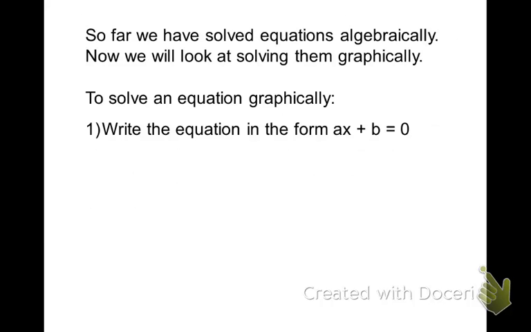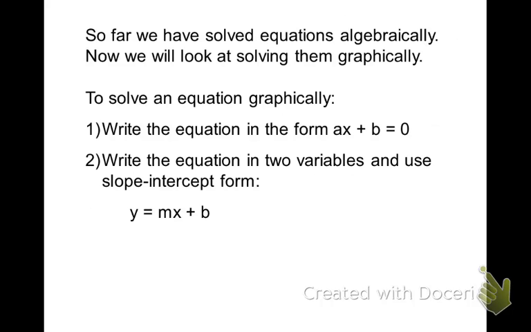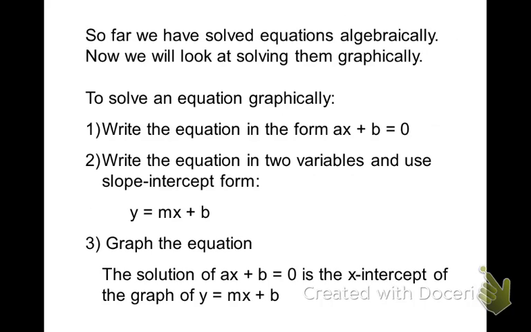Whenever we're going to solve an equation graphically, the very first thing we're going to do is get everything on one side of the equation and a 0 on the other side. After we get a 0 on one side, we're going to replace that 0 with a y, and once we've replaced it with the y, then we can go ahead and graph it. And we'll notice that the solution is going to be the x-intercept. Where does the graph cross the x-axis? That's going to be the solution to our equation,